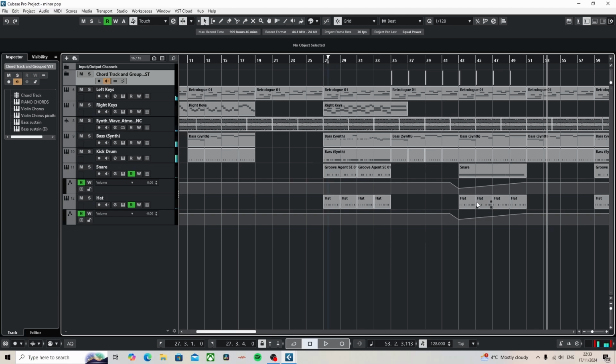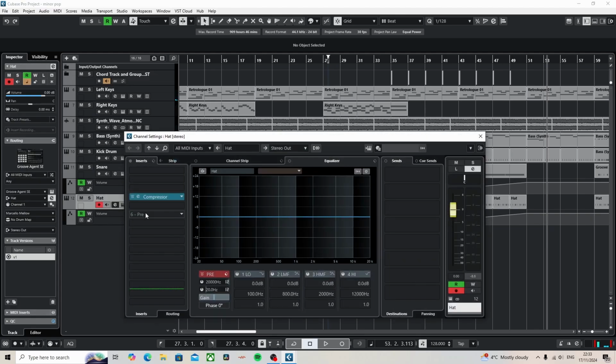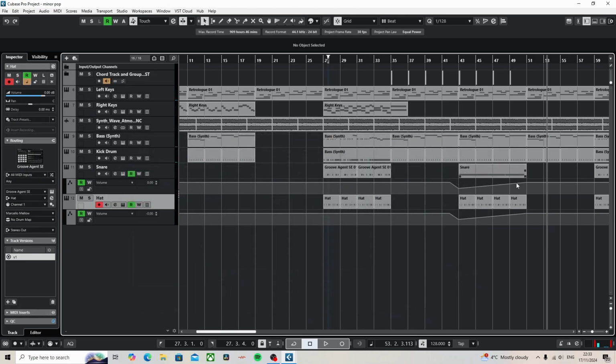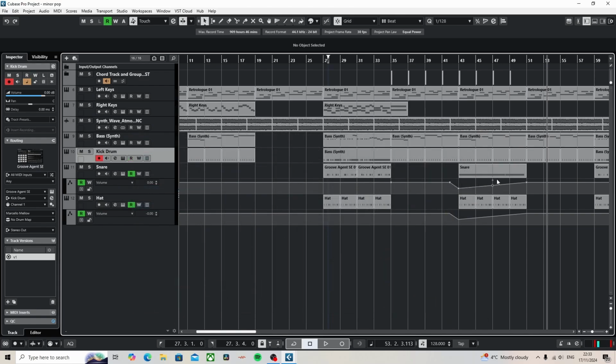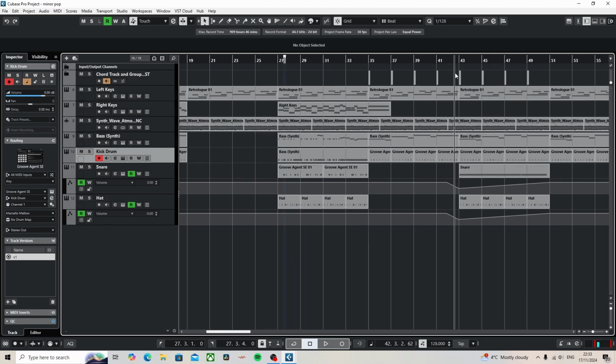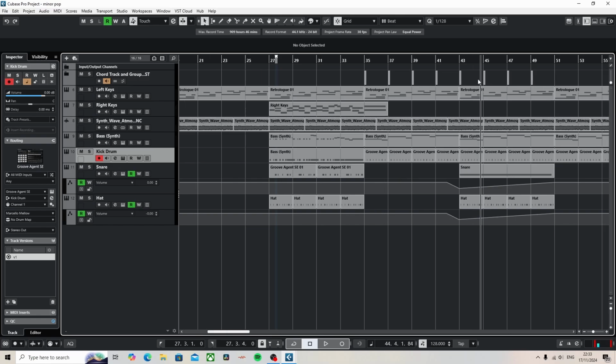Now the hi-hat isn't mixed. First of all, let me just display that as literally a compressor on there just to give it a real rough kind of thing. And the snare is very basic mixed as well, so I'm not going to go into that. But you can hear there, the bass drum, you can't really hear it as much when other drum parts are going in. I'm listening through some earphones at the moment, it probably will sound good on speakers, but